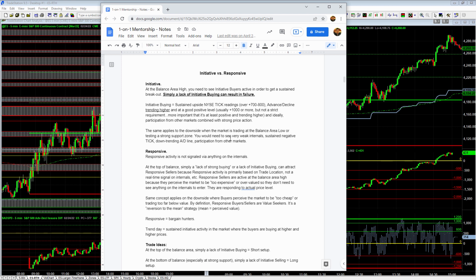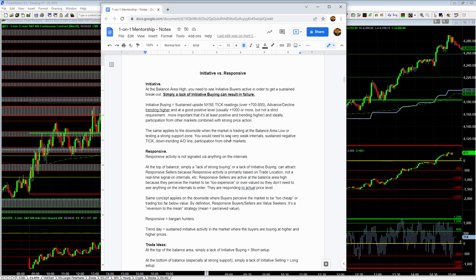And ideally, you want participation from the other markets as well, combined with relatively strong price action, right? Higher highs, higher lows. And the same applies to the downside. When the market's trading at a balance area low, testing a strong area of support, or opening way below value, you would need to see very weak internals, sustained negative tick readings, right? Minus 800 or lower, downtrending AD line, and downward participation from the other markets. So you need to see some real selling pressure in order for us to say, yes, this looks like initiative